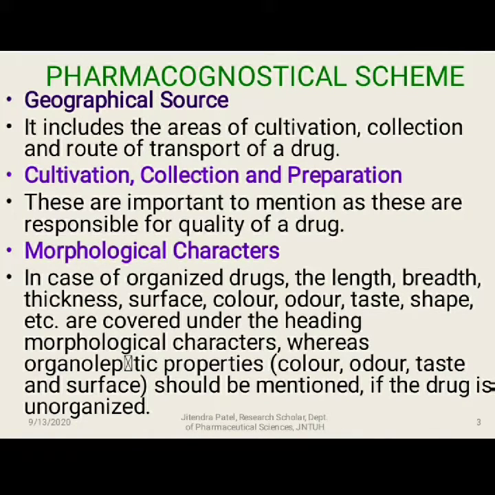The second point under the pharmacognostical scheme is the geographical source, right? Here it includes the area of cultivation, collection, and route of transport of the drug. Geographical means the location, the area where the agroclimatic requirement is suitable for the cultivation of the particular plant. Everything is required: what kind of soil, what is the water holding capacity of the soil, what is the rainfall, what is the temperature, whether it is dry weather or cool weather,